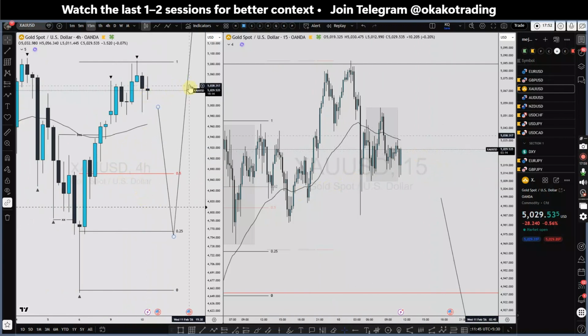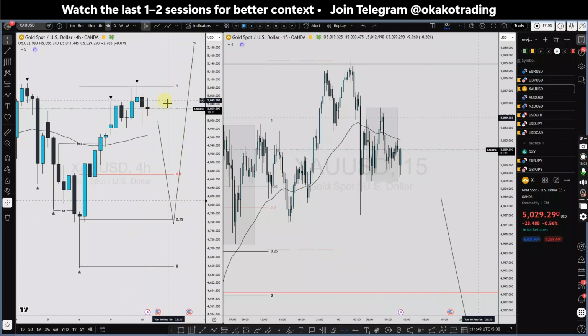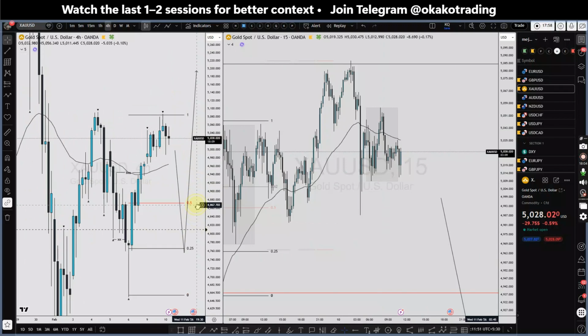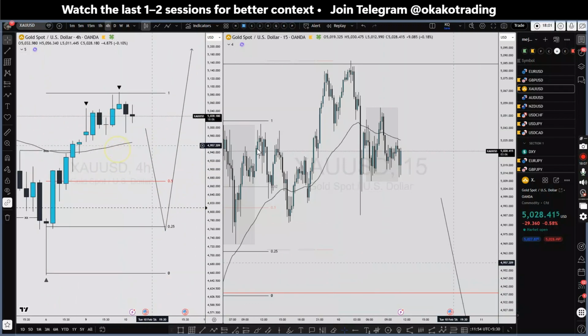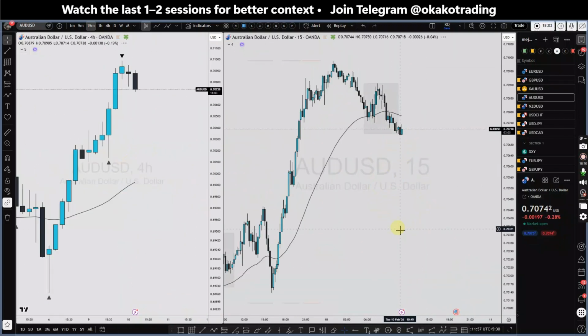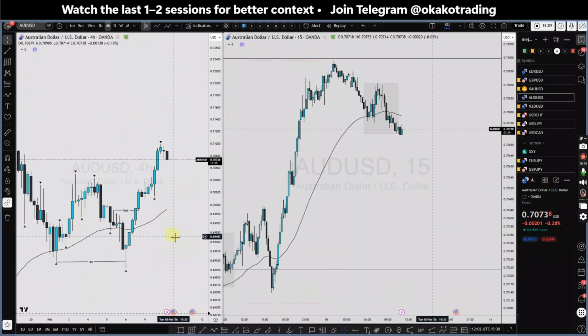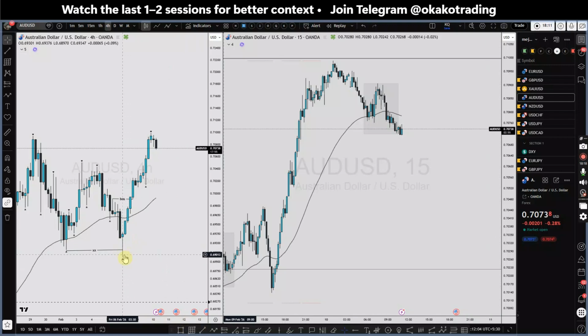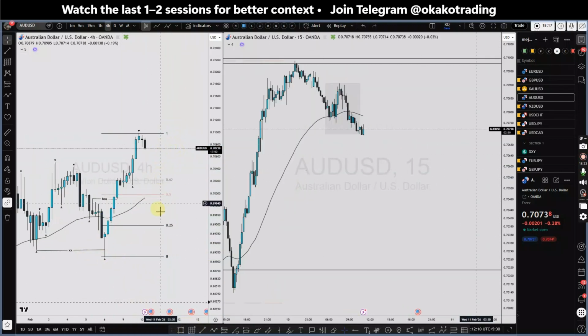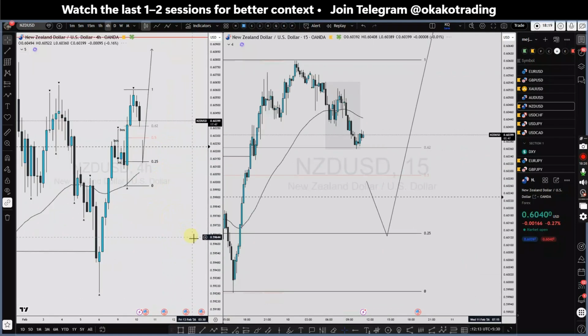Gold. Gold is also in a premium market right now, and the overall storyline is bullish. So I'm also waiting for a deeper correction in this one. AUD USD. This is the last breakout structure towards upside, and we're waiting for a deeper correction to downside towards the discounted price level.